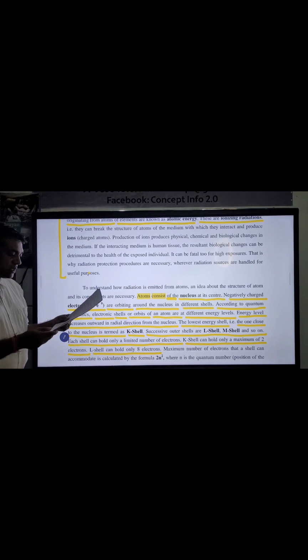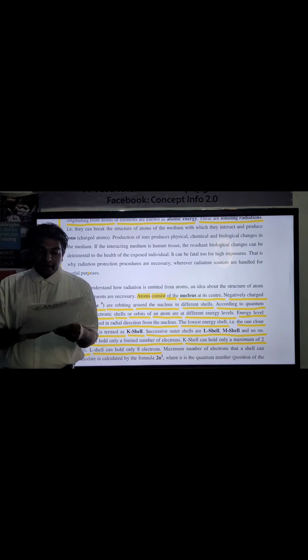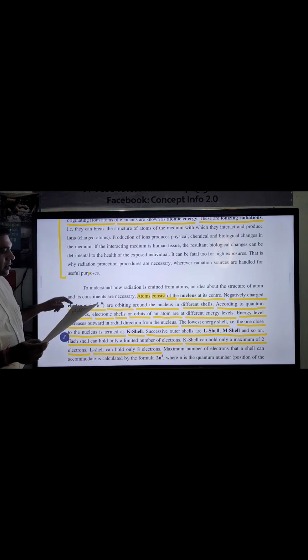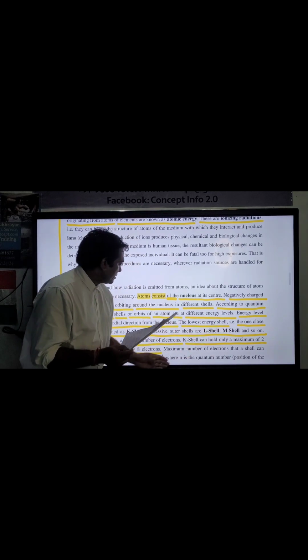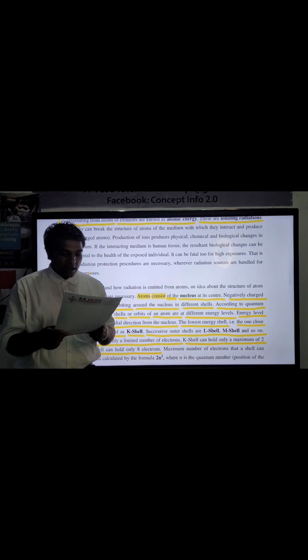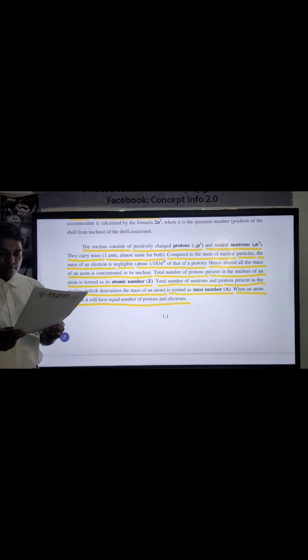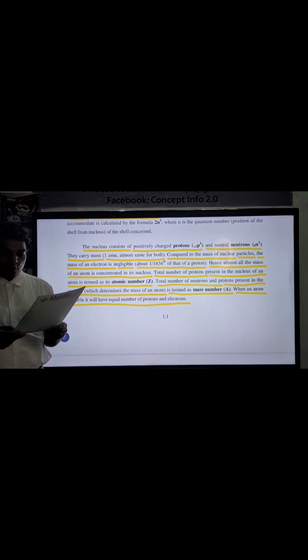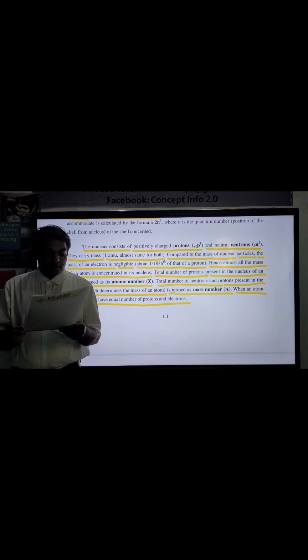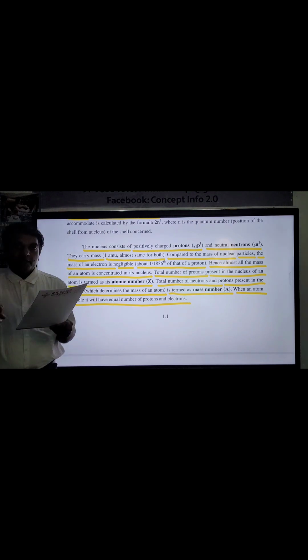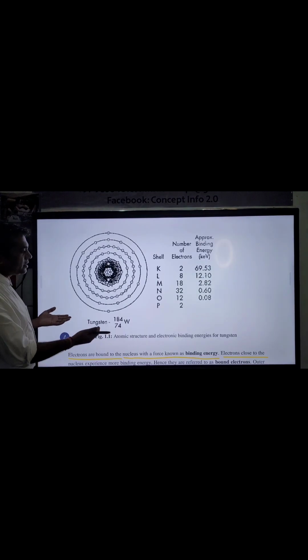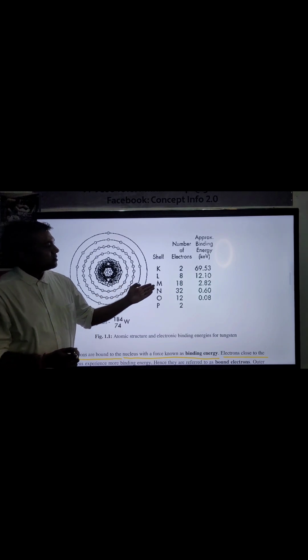An atom is mostly made of empty space that contains electrons in their orbits, like K shell, L shell, M shell, having electrons. At the center of the atom is the nucleus. The nucleus has neutrons and protons and has an overall positive charge, but the overall charge of an atom is neutral. So I will describe the tungsten electron configuration.